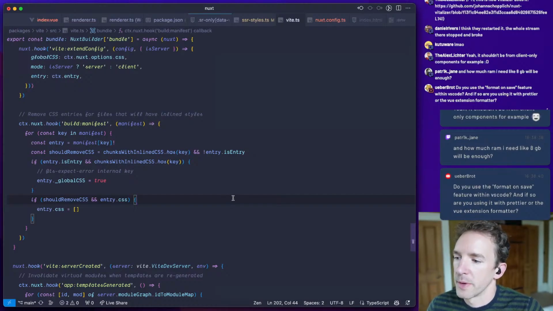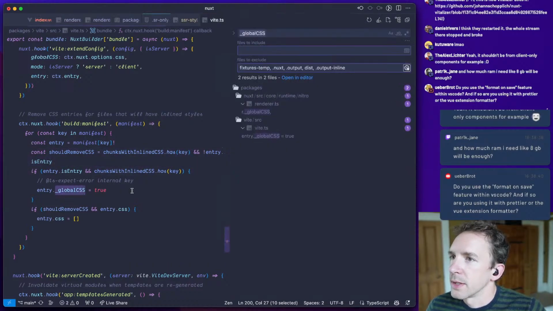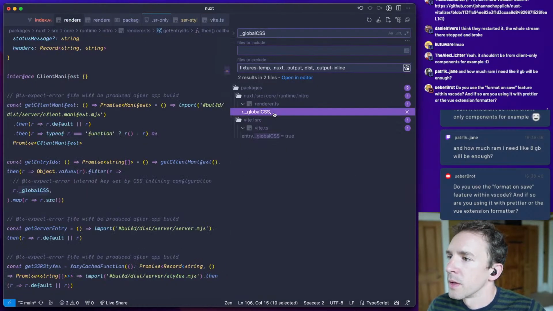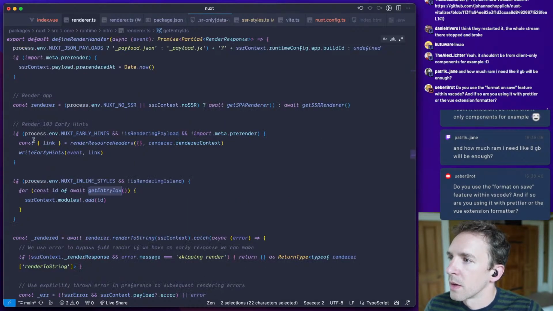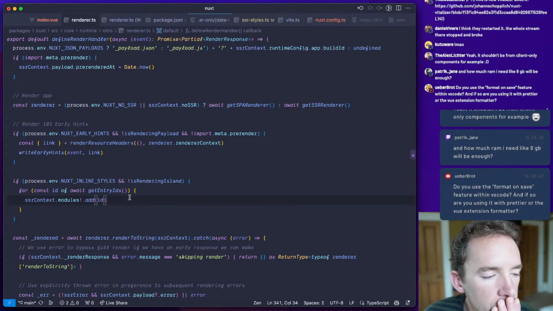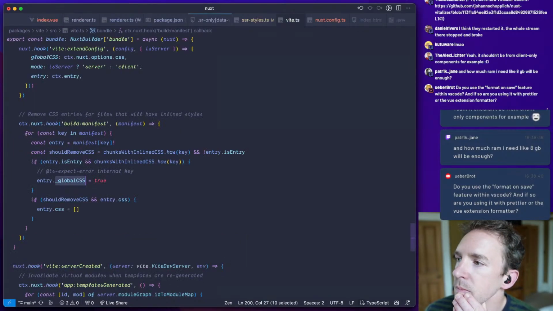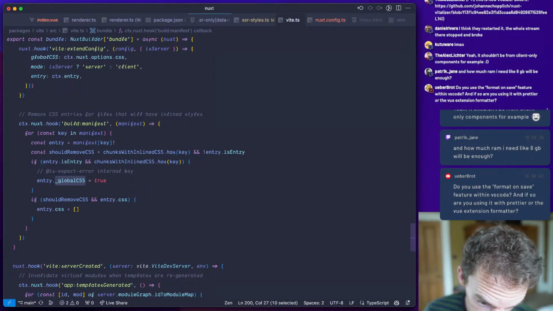I think I need to turn on the format and save option. Right. Okay. So we have global CSS. Okay, this is going the other way.